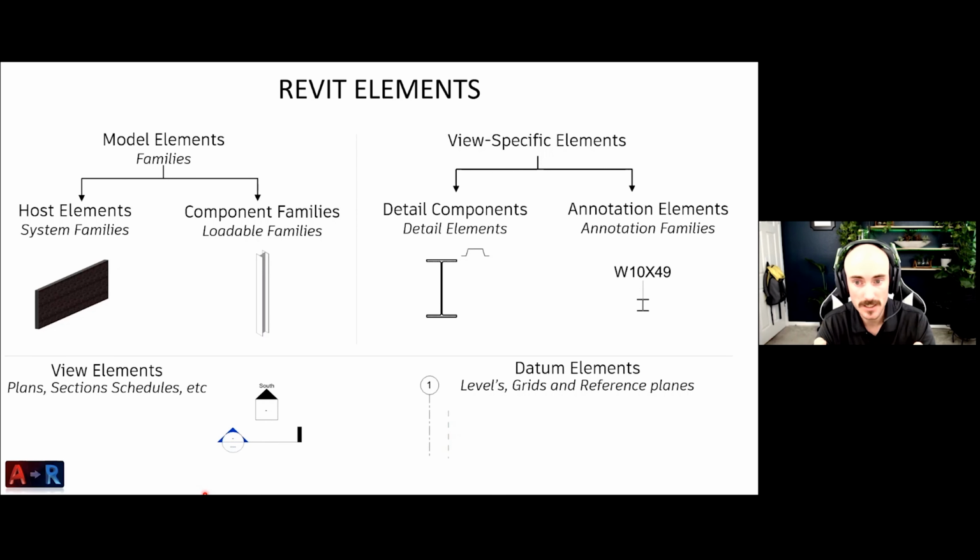It is 2D, but the difference between a block and a detail component is that it can also host this parametric information. So if we needed to schedule any of the items from these detail components, we can host that parametric information and display it in a schedule, which is great as well. Because, hey, maybe I have a different one that I want to load in with a different size, but I still want to schedule it. Will that data still be showing up in our schedule if I change the size? Yes, it will if you do it correctly.